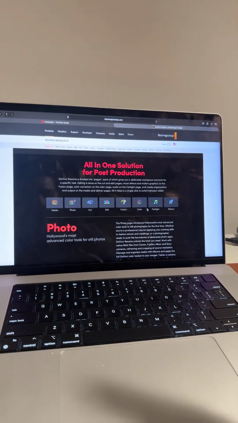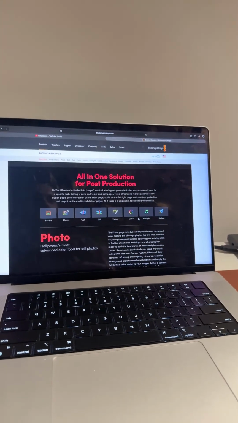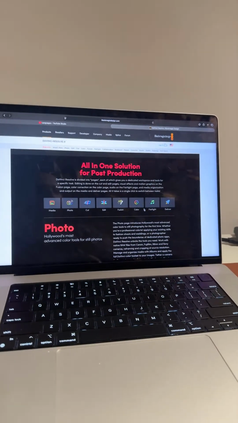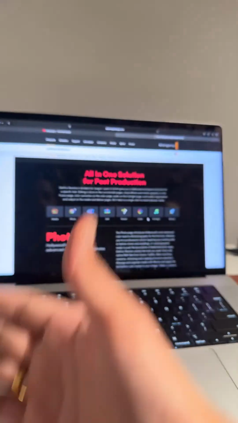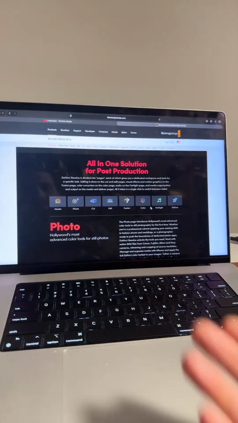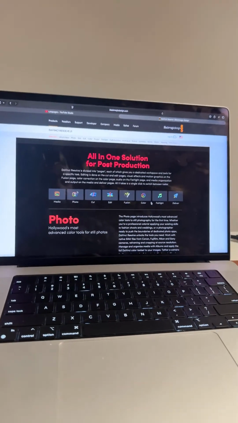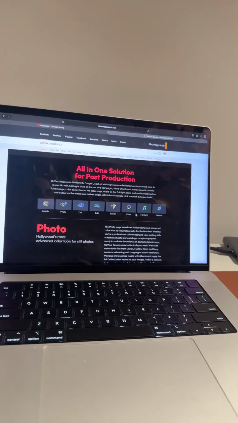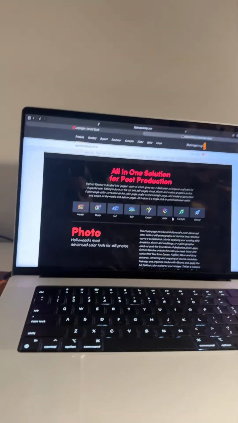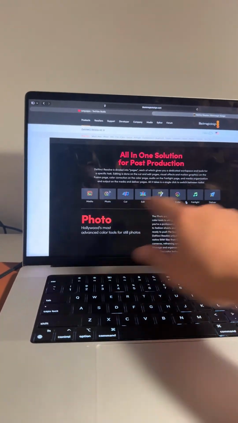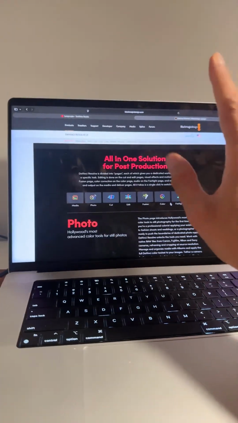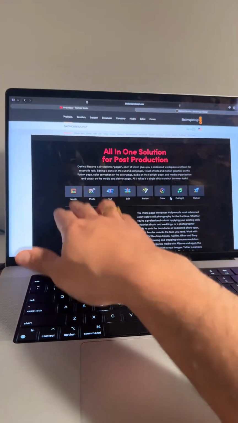Let's say Adobe has its own photo editing, a different one for designing, another for animation, and a different one for sound. With DaVinci, I really love that you just have one software and you've got your media.